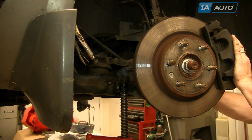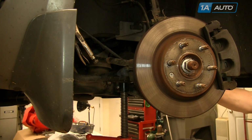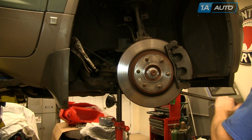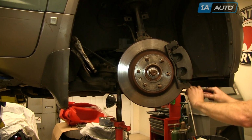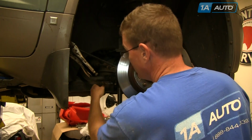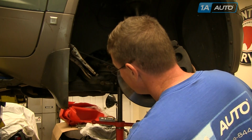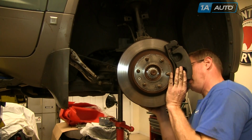And jack it up a little bit, be able to tap that bolt out some. And raise it up a little bit more. And use a pry bar just to tap on that part. And then I kind of figure out that basically if you just raise it up a little bit more and take the nut off of the ball joint,